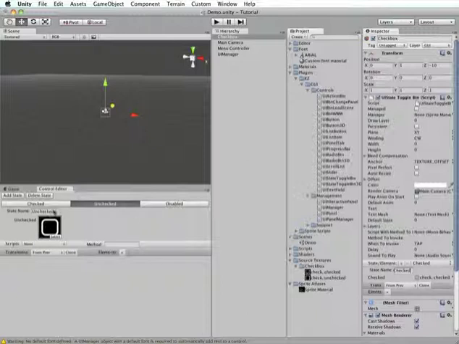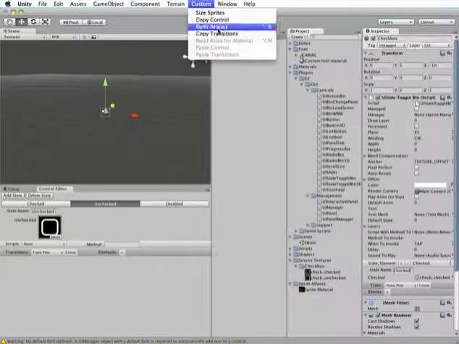And if we had Sprite Manager 2 running here, we would actually have a timeline and we could make this animated. So we could drop multiple textures on here, and when it goes into this state, it'll play whatever animation we set up here. Now that we have set up the appearance of our checkbox, we can click on Custom